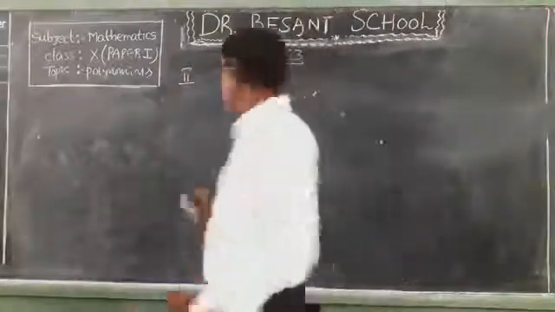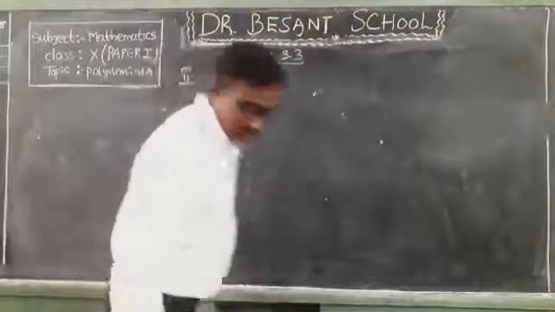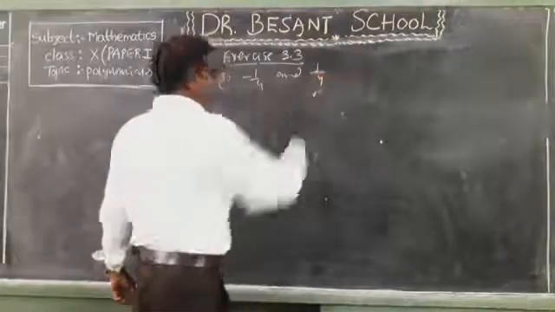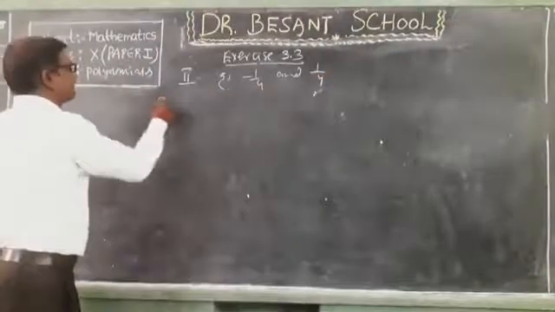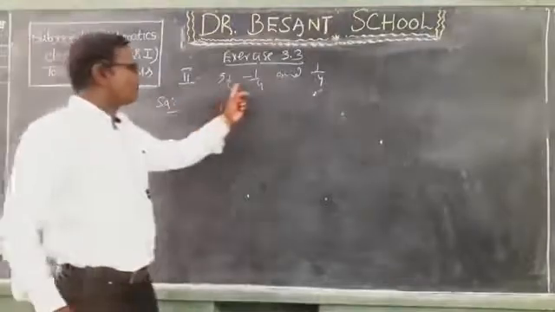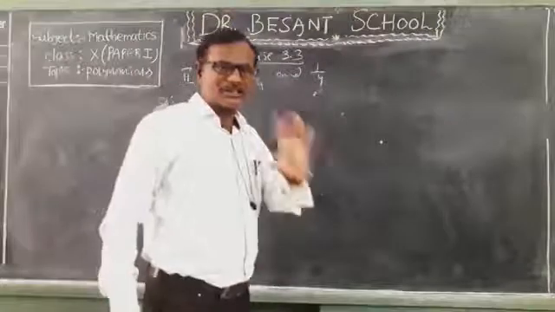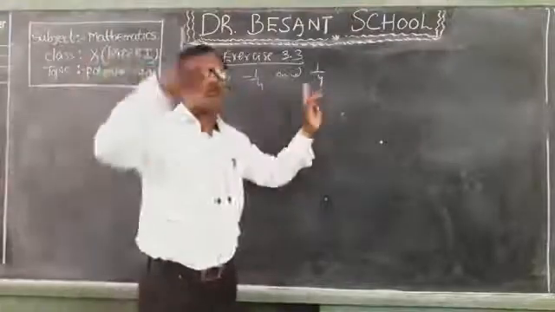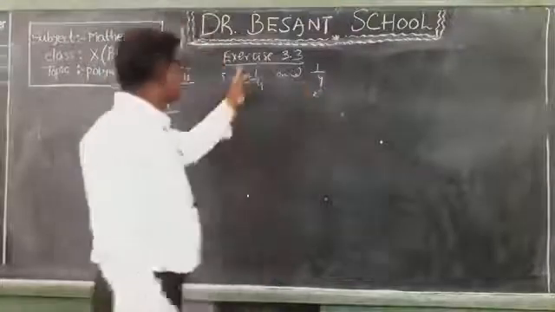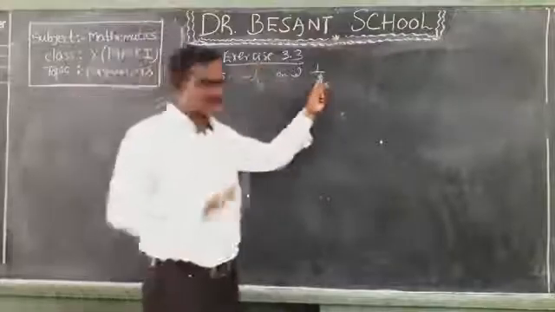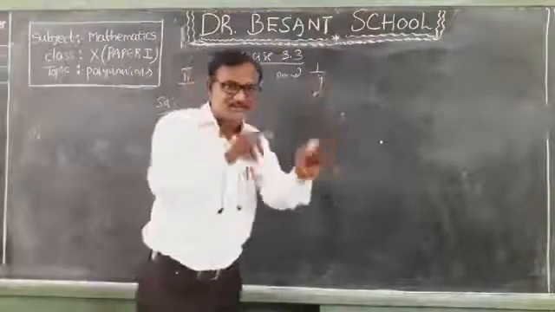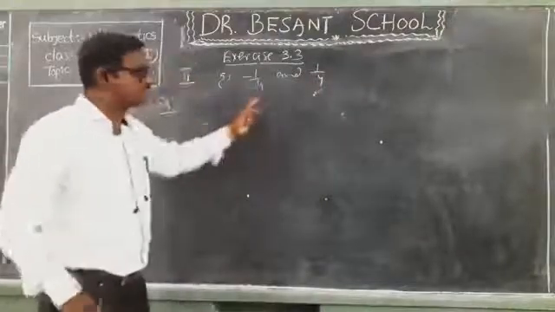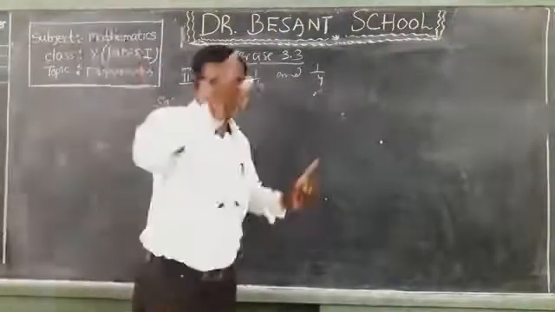From the second Roman I am going to explain you the fifth one, which is minus 1 by 4 and plus 1 by 4. See children, what is the meaning of this problem? Here, what are the values given? These values represent the first one as sum of zeros, the second one as product of zeros. Don't say that one is zero alpha and the other is zero beta. Not like that. If you read that question, each of these numbers represents one as the sum of zeros and the other as the product of zeros.